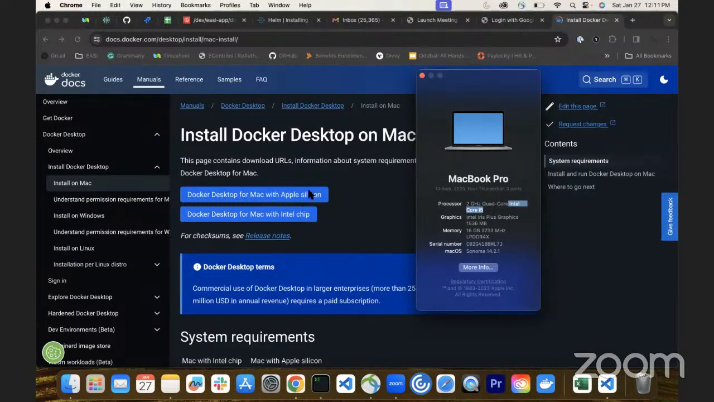And it says that if your computer is an M1 chip, then it is going to be the Silicon one. So if you see M1 under your processor or somewhere in here, and you don't see Intel, that is going to be the other one. So that is all you have to do